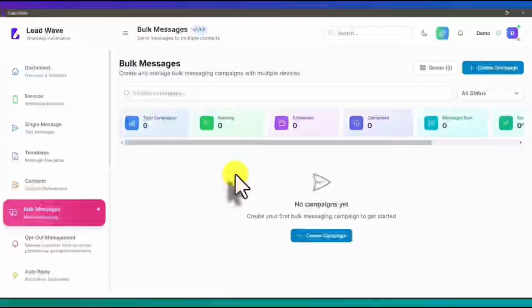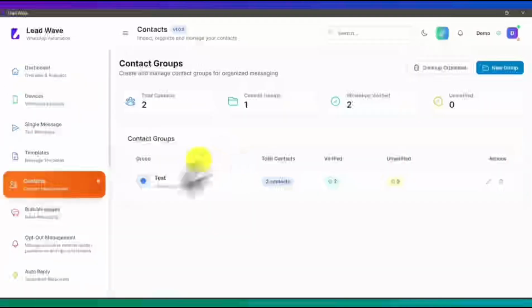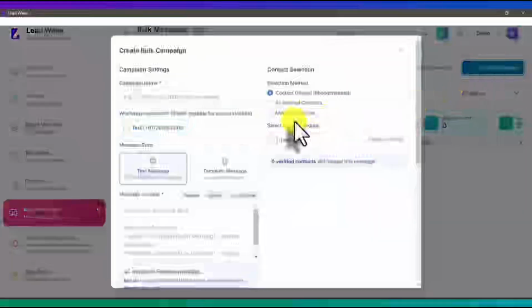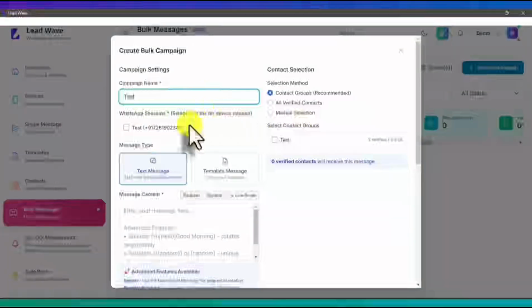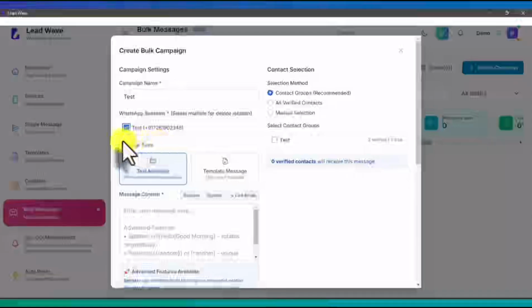There are prerequisites to use this module. First, you have to have a device connected to this application, and a contact group should be created. So let's go to bulk messaging and click on create campaign. It opens a new form wherein you first write a name. You can select multiple numbers and use them for number rotation. Since only one device is connected, it is not showing the number rotation option, but either you can